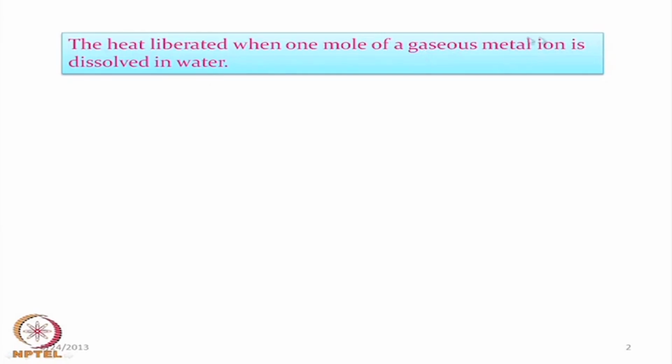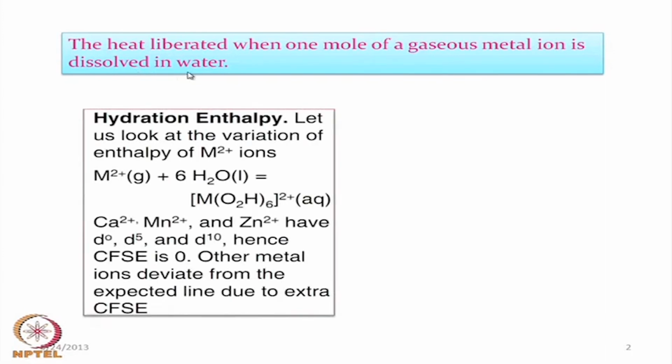When the metal ion goes into solution, it becomes hydrated, and the heat energy is liberated due to the dissolution in water. So, that amount of energy we can think of as its hydration energy, or